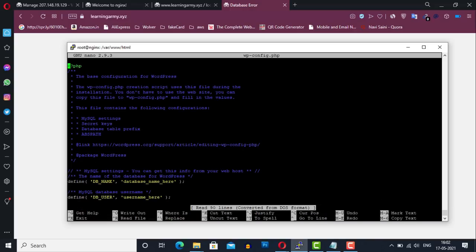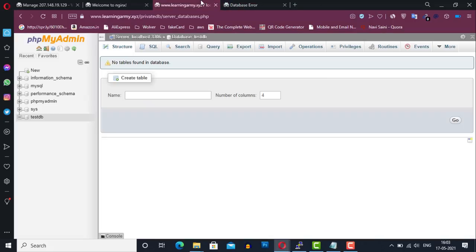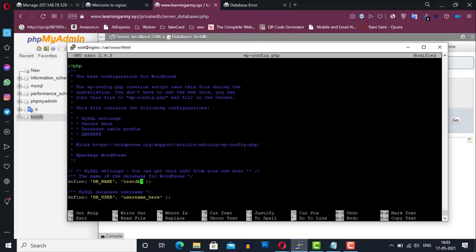So open this file in the terminal and go to the database section. In the first directive, enter the DB name. In my case, I have created the database called testdb, so copy and paste it here. Next, enter the username.